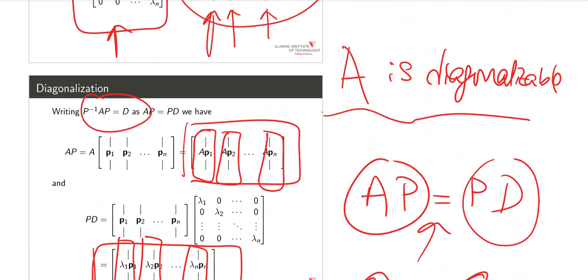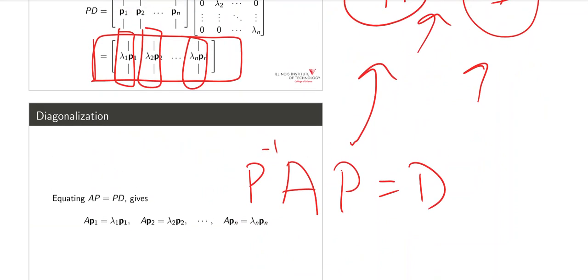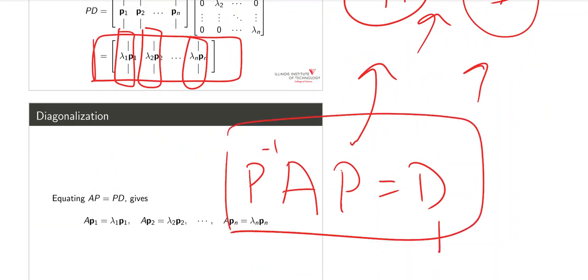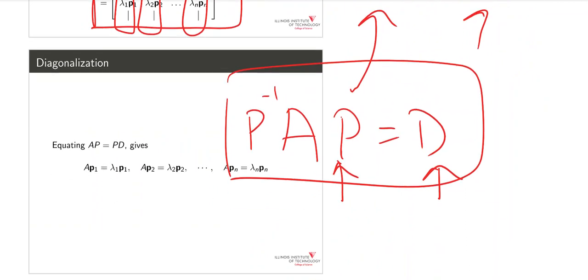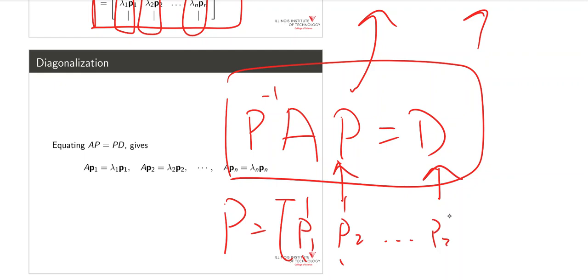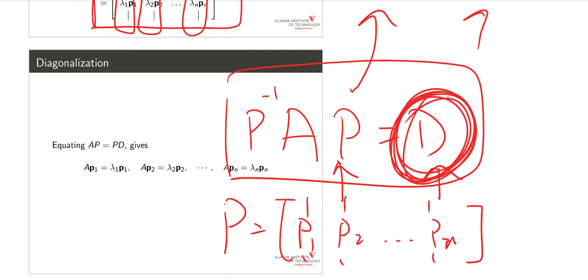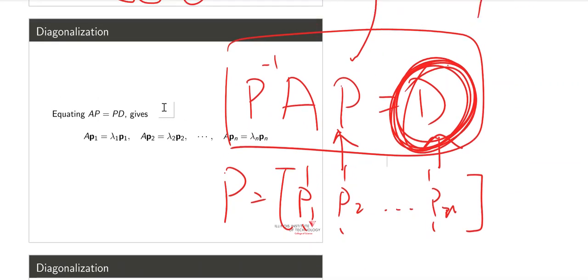By the assumption, A is diagonalizable, that means there exist D and P, which is invertible, such that P inverse AP equals D. Then the columns of P are actually this column, P1, this column, P2. The columns of the matrix P are actually the eigenvectors, and the diagonal entries of the diagonal matrix are actually the eigenvalues. So we have shown